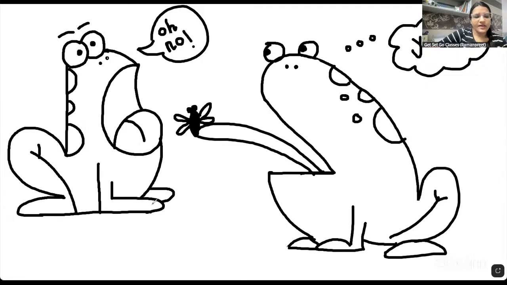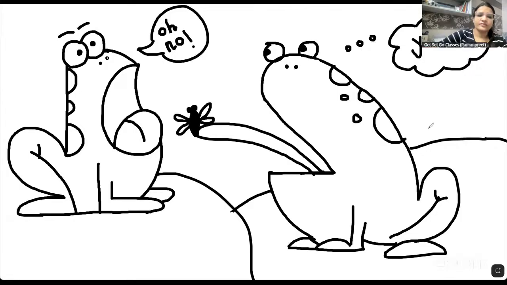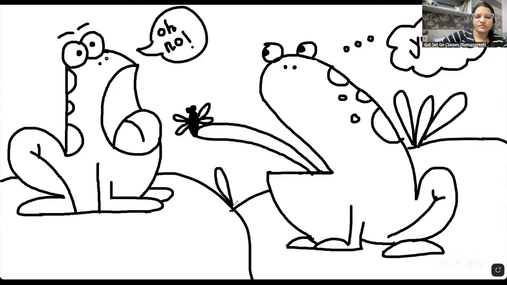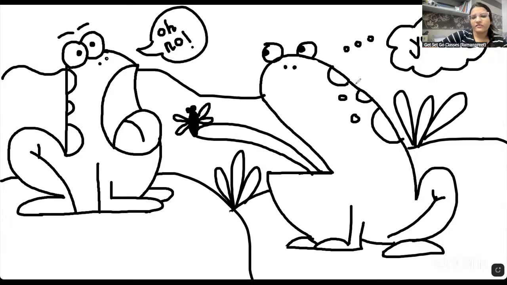And then draw something below. They are near a pond, or are they sitting on a rock? Okay, we'll create a background where they are sitting on a rock, and there is greenery around, some bushes, some water. So this one line I will be making for water, that they are near a pond. Okay. When we color, then